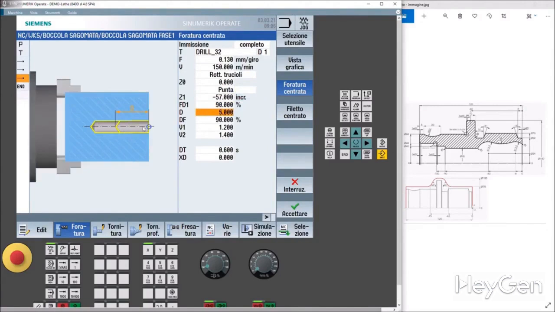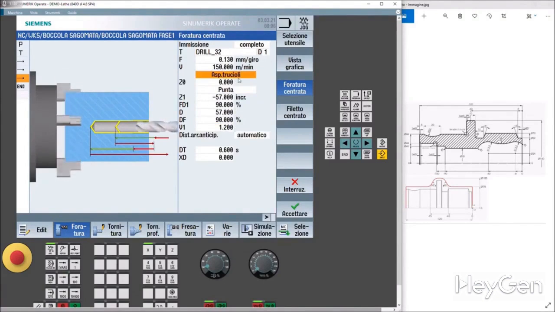And that's when we're going to break the chip at 57. Perfect. We will have done a complete drilling. And here we're going to talk about chip removal.